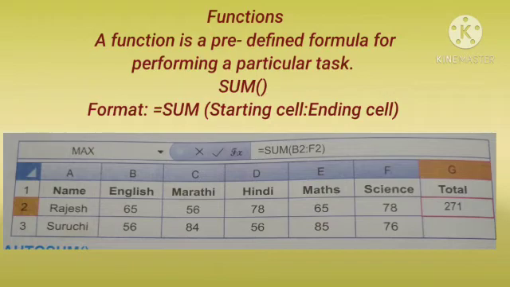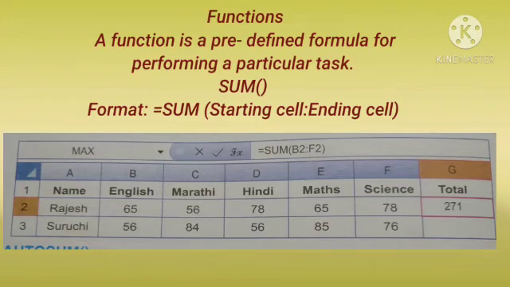Previously in the formula we wrote the equal to sign, then B2 plus C2 plus D2 plus E2 plus F2. But in the function we have no need to write all these things. We only have to write the starting cell, B2, and the ending cell, F2.